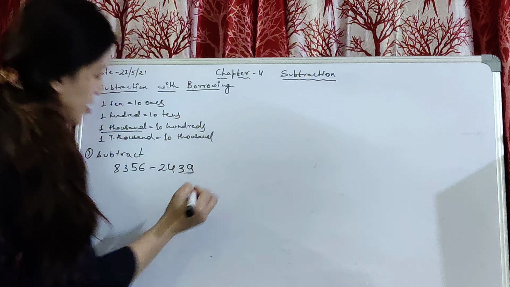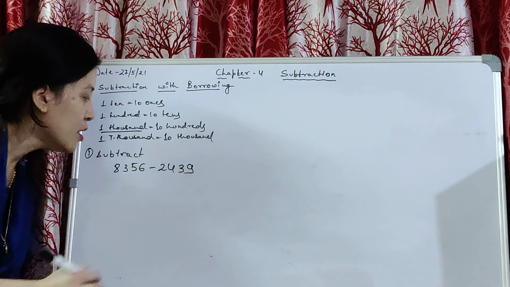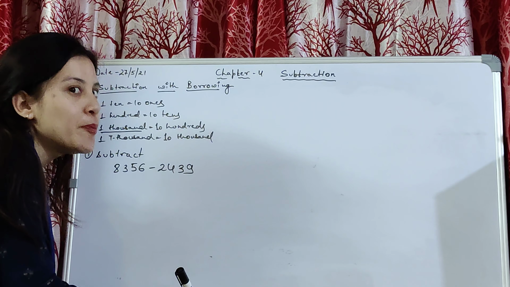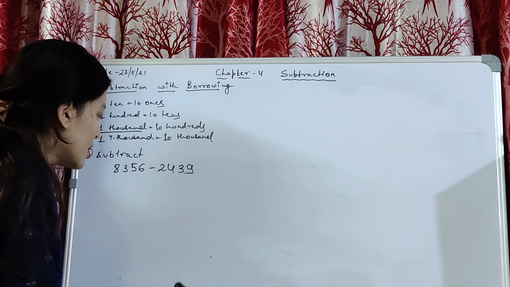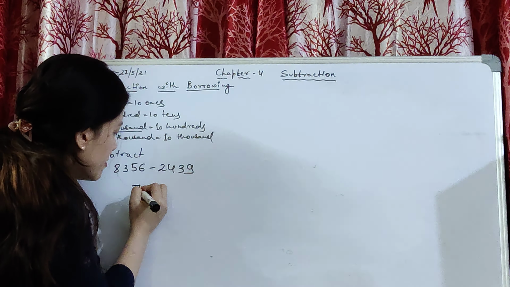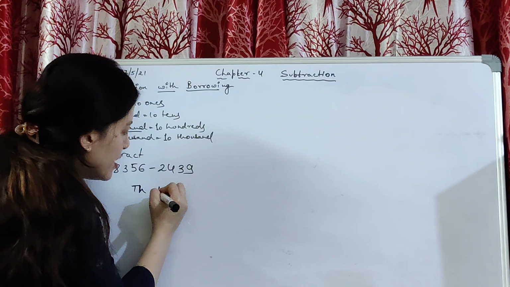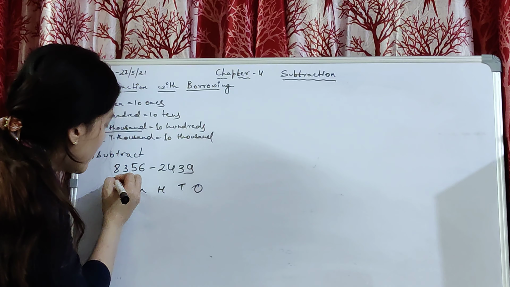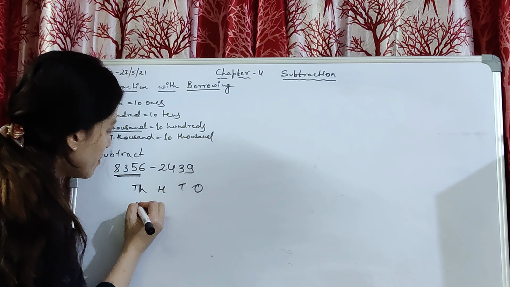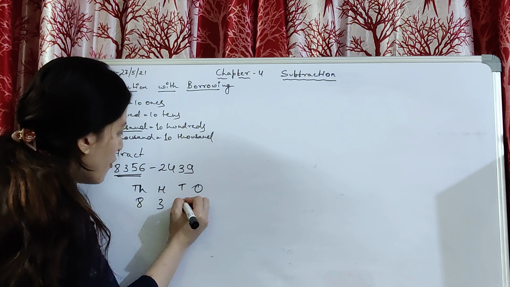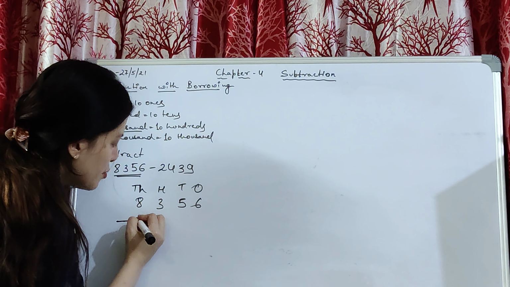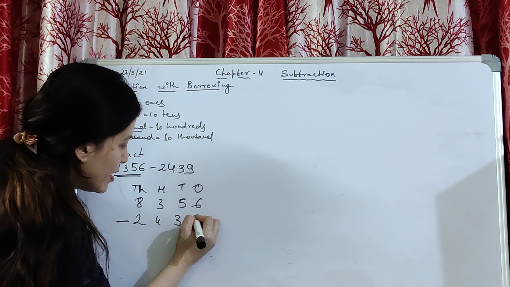आपको क्या करना है? Subtraction. Okay, here also you have to do the subtraction. While subtracting, always remember we have to place them according to their place value. ठीक है, उनका place value लिख लो 1000. Okay, 100, tens, ones. So write bigger number first. Bigger number is this one. Greater number को पहले लिख लो 8, 3, 5, 6. Subtraction का sign बना लो. Then you write the smaller number 2, 4, 3, 9.